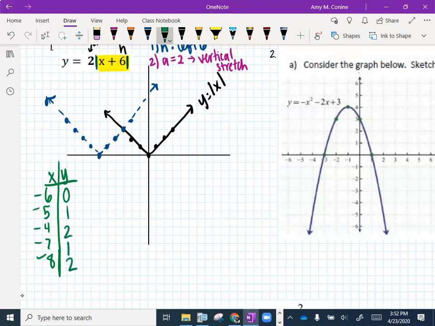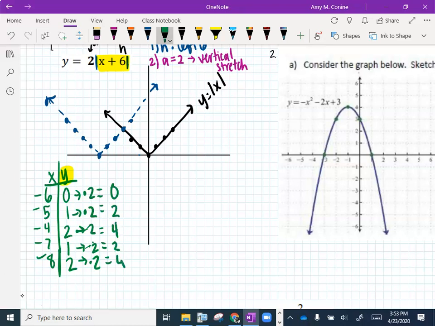But then I have to take this y column, because that's what's highlighted, what we just did, and multiply those by 2. So we're going to take all of these numbers and multiply them by 2. When we multiply them by 2, because that's what we've simplified in the absolute value, we get 0, 2,